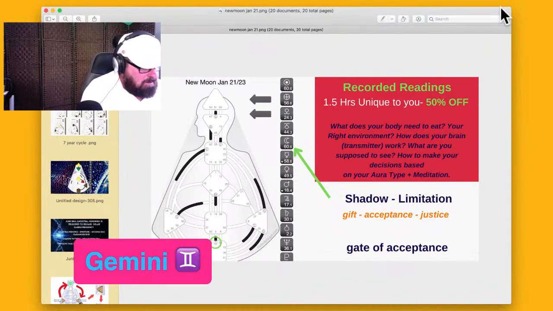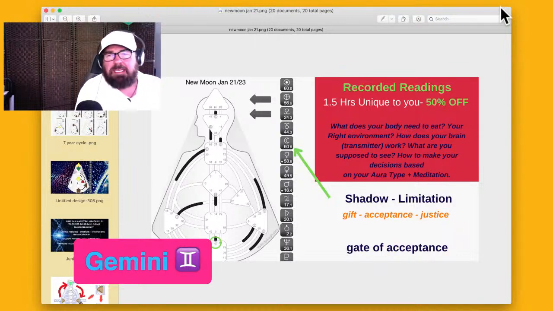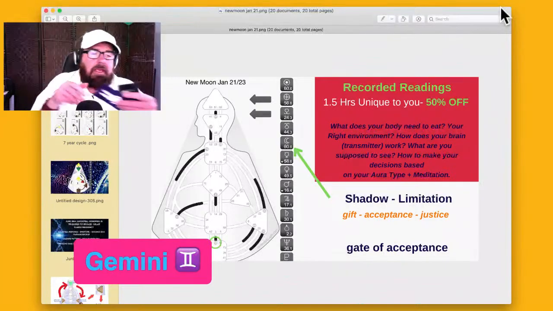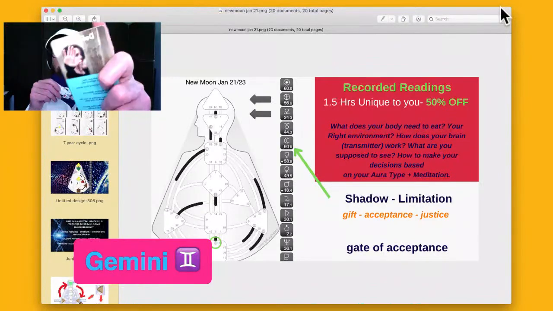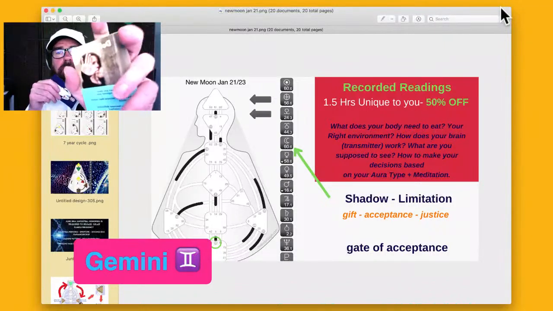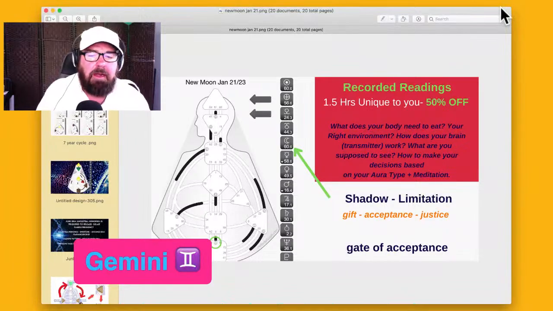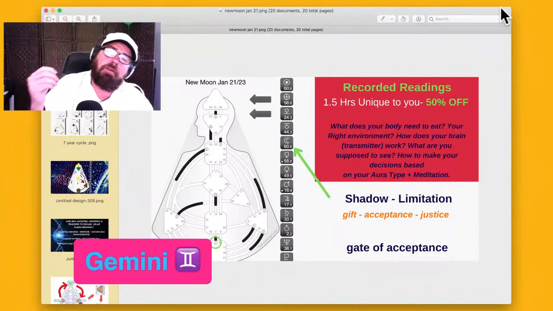Okay, what's the ego telling Gemini? Okay, more relationship stuff. Makes sense. So the ego is telling, similar to Taurus a little bit here, this theme of defensiveness, right? So eighth house is about other people.